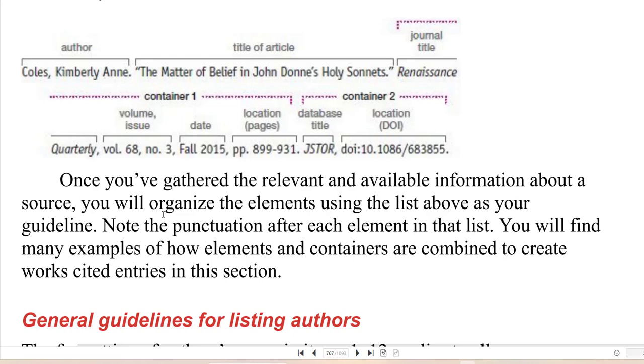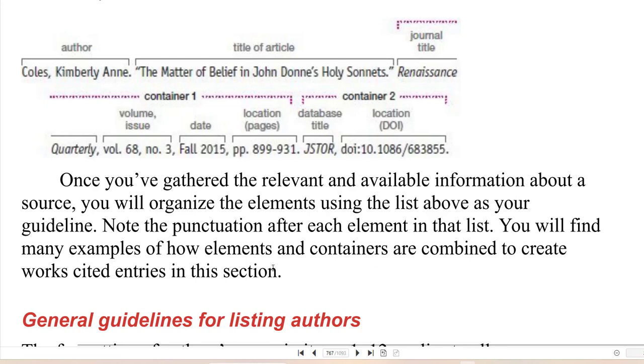So once you've gathered the relevant and available information about a source, you will organize the elements using the list above as your guideline. Note the punctuation after each element in that list. Don't forget your periods, okay? Because that is such a common error.